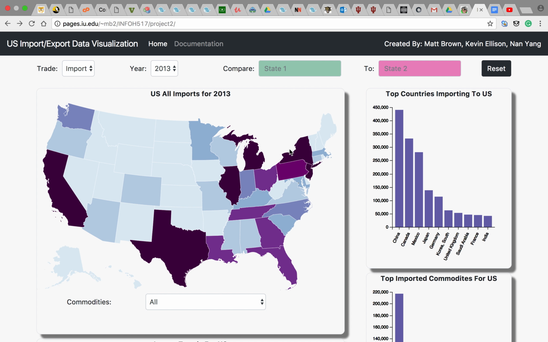We're about to show our visualization for U.S. import and export data from 2013 to 2016. Our website is colorblind safe. It can show comparisons between states, and it also shows aggregate amounts of import and export dollars for a variety